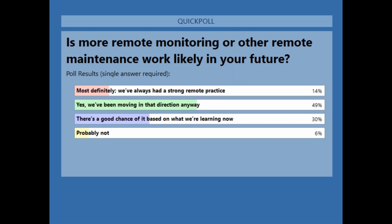Matt, I'm sure you've got an opinion on this. This is exactly what I figured it would be, because I don't know how to split up the first three. Most definitely 14%, but the next two, been moving in that direction anyway. I think we've all been moving in that direction. But there's a good chance of it based on what we're learning now. I think the now part is the most important there. Those 30% could have easily been in the probably not. But now with everything that's going on, remote work is always going to be pursued, I think, from here on out. Yep. Matt? Yeah, I agree with that statement, and I would also add that this is another great driver